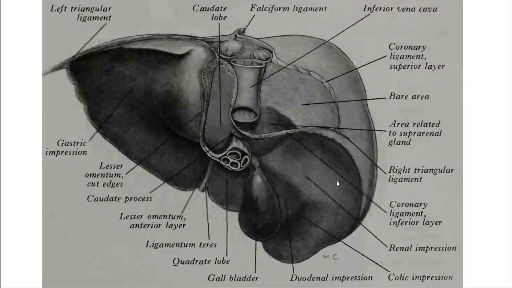Right. So this is again a view from older editions of Gray's Anatomy, again showing the posterior surface containing the bare area, the groove for IVC, the caudate lobe, fissure for ligamentum venosum, and the esophageal groove. So this is the posterior surface. Here, the openings of the hepatic veins are also visible because the upper part of the IVC has been cut off. You can see the falciform ligament, margins of the coronary, left triangular, posterior part of right coronary, then lining the caudate lobe. Now, this part of the peritoneal cavity belongs to the lesser sac.